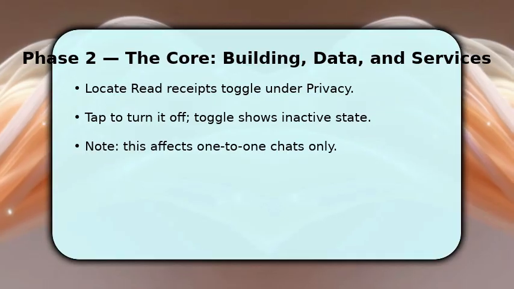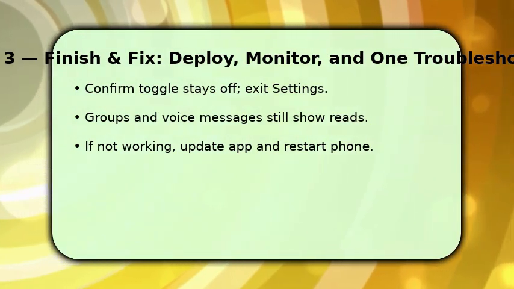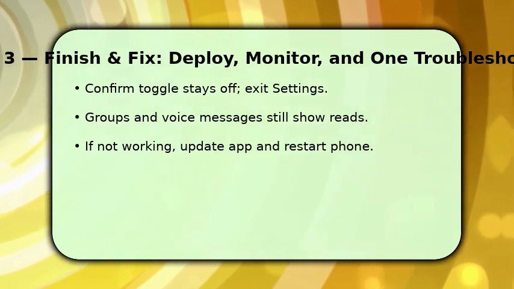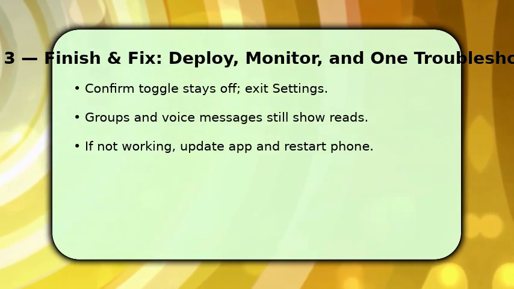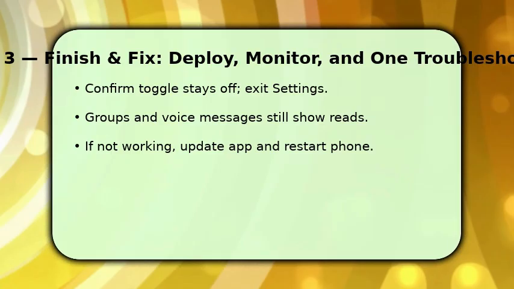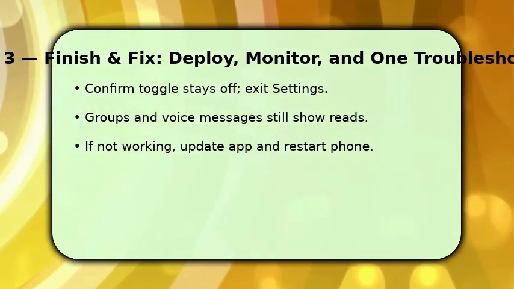Finish by confirming the Read Receipts toggle remains off, then exit Settings and open a chat to verify behavior. Remember, group chats and voice message play indicators still show delivery or reads, so this setting only changes one-to-one read ticks. If you don't see the change, make sure your app is updated, force close WhatsApp, and restart your phone,